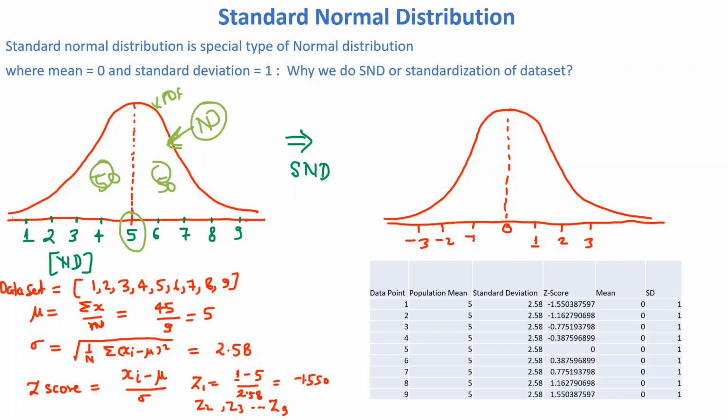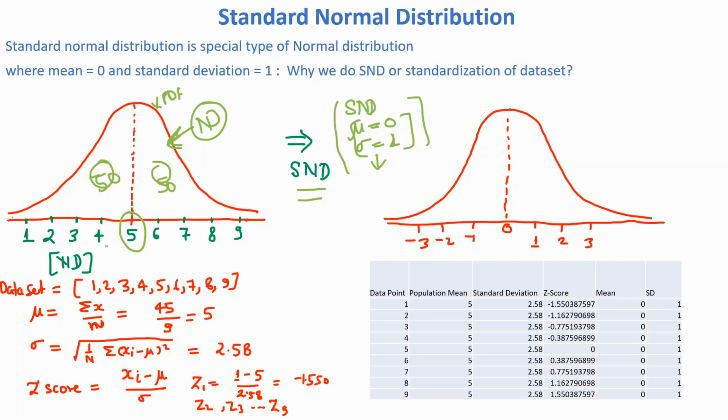So how can you convert any normally distributed data into a standard normal distribution? That is very easy. Standard normal distribution data has mu equal to 0 and standard deviation equal to 1. This is a new property for the standard normal distribution data set, and the remaining properties are the same as in the normal distribution. If a normal distribution data set has this property, it will be considered a standard normal distribution data set.